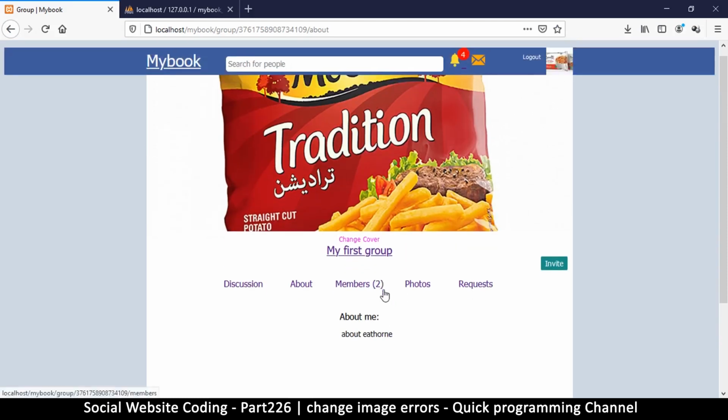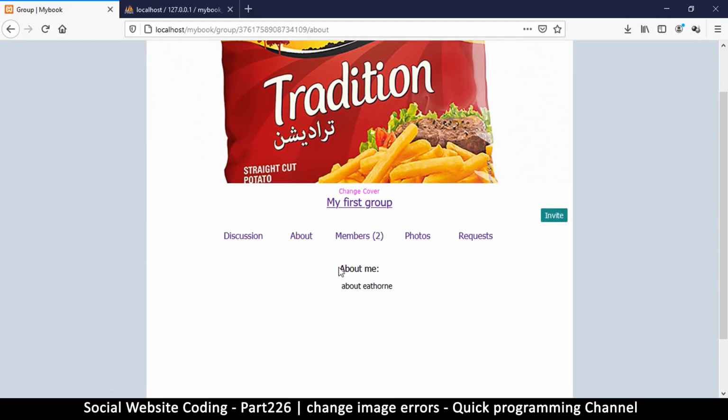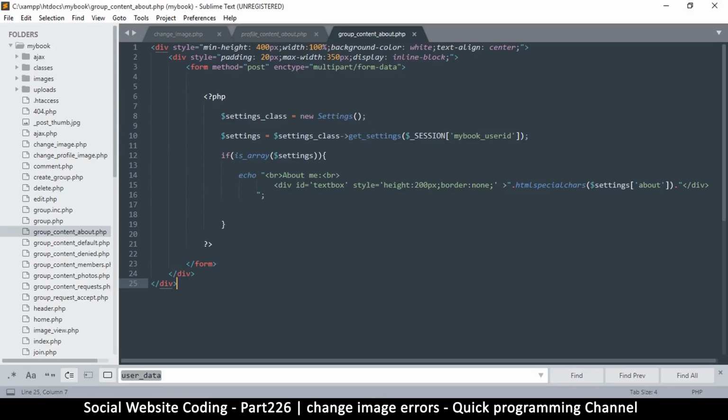Now the about me obviously shouldn't contain that, so let's see what's going on here. So about here contains settings, settings class, get settings. Okay, yeah. So now the thing is, we are getting the settings of my account here, which is the user that is logged in,